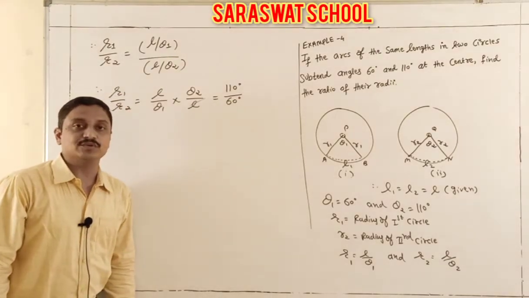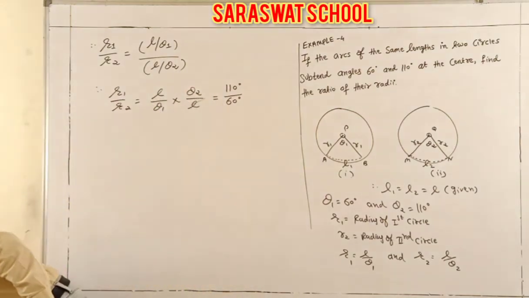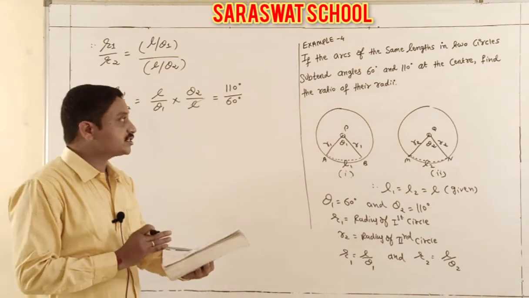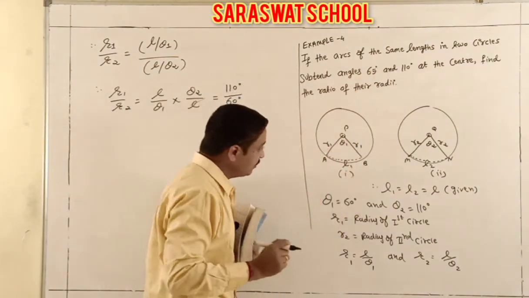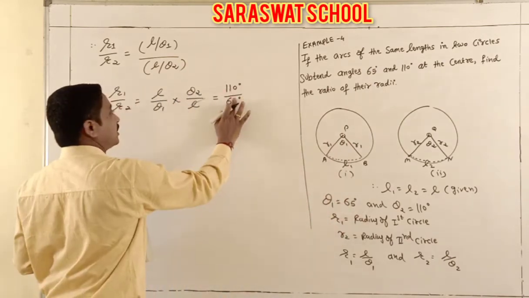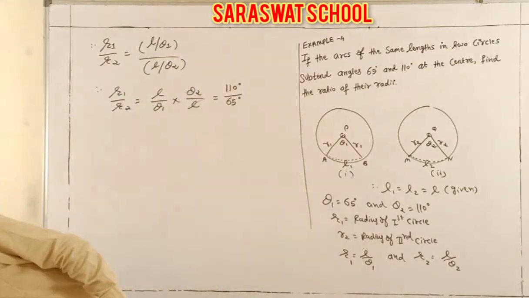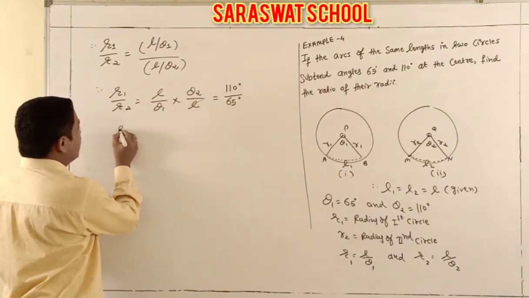Now students, there are cancellations too. I think there is a mistake in the question. It is not 60 degrees; by mistake I unfortunately wrote 60, but 65 degrees is correct. Sorry. Here 65 degrees, and here I make the correction, 65 degrees. So my mistake here, students, is that it is not 60, it is 65. Now again the solution for R1 by R2.